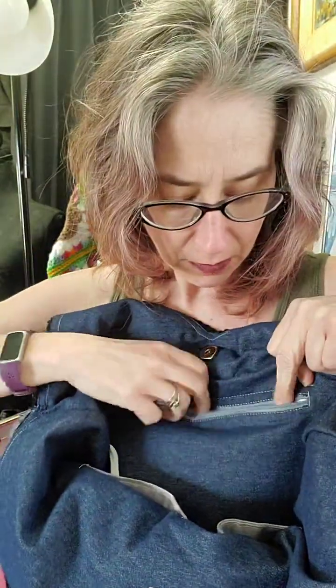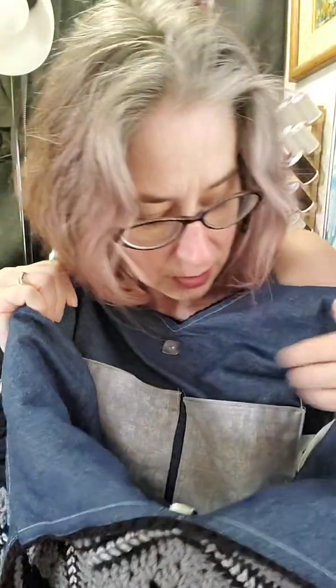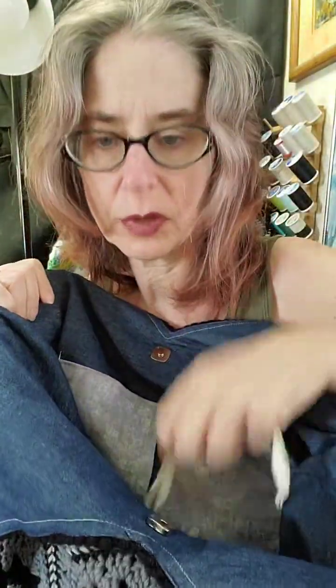But I've got my giant zipper pocket there, and I don't typically do two big pockets there. I don't typically do sewing tutorials because